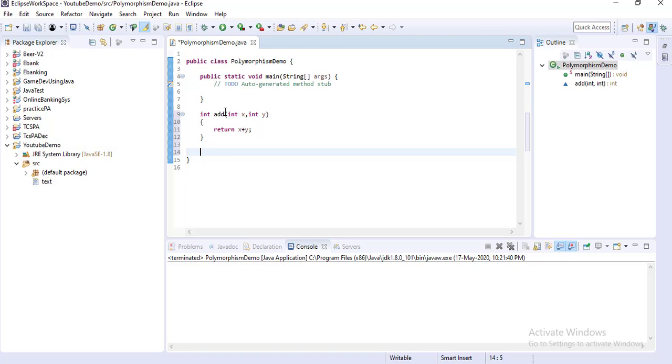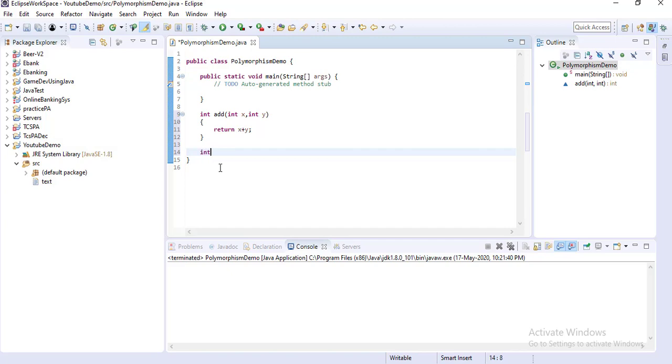But in Java there is a facility: you can write more than one add method, but the method signature should be different. Signature means mainly the arguments. The method name should be the same but the argument type should be different.